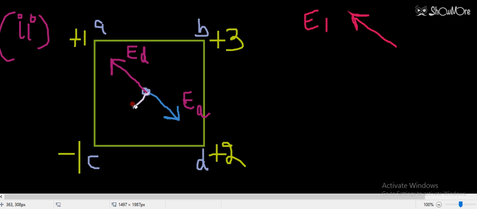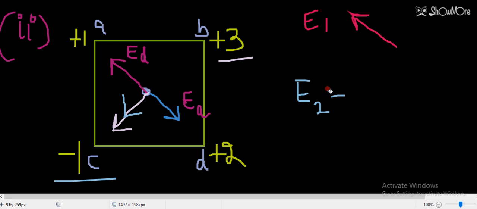Now listen, due to this charge plus 3 coulomb, the electric field will be along this direction. Due to minus 1 coulomb, the electric field will be along this direction. So let's now talk about E2. So E2 will be equal to the magnitude of 3k divided by A square by 2. These two vectors are in the same direction. So this is 2 plus